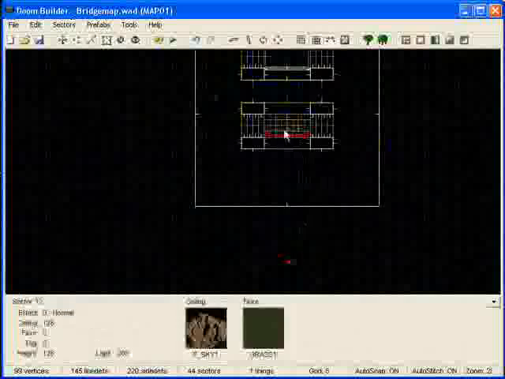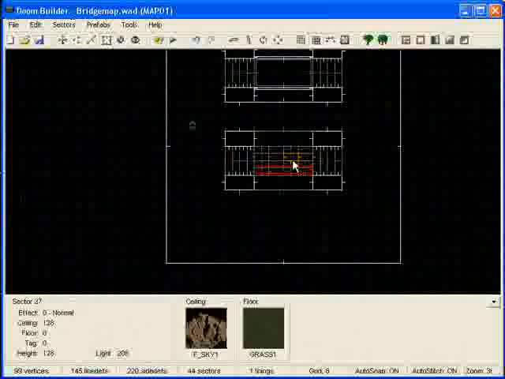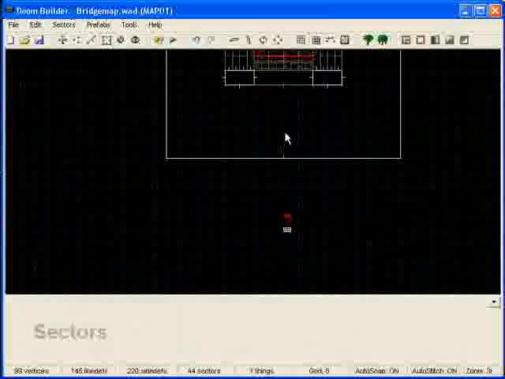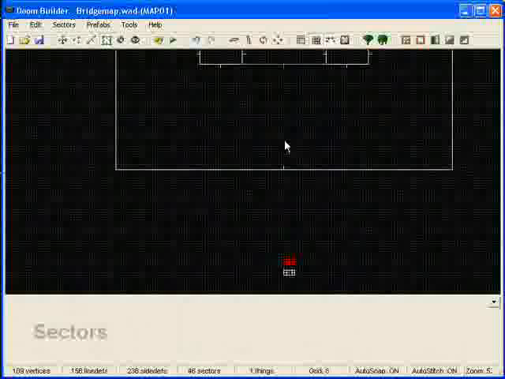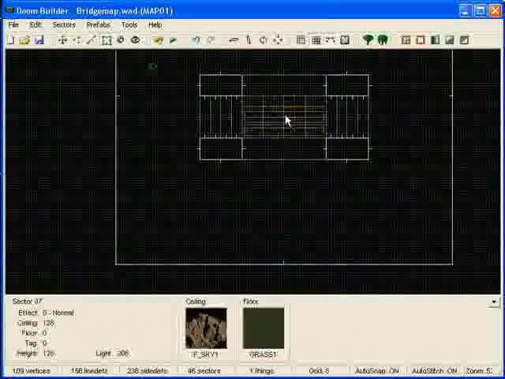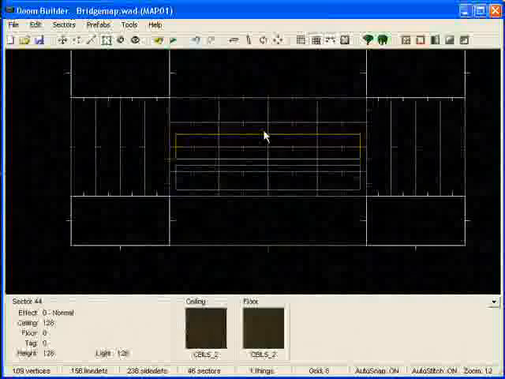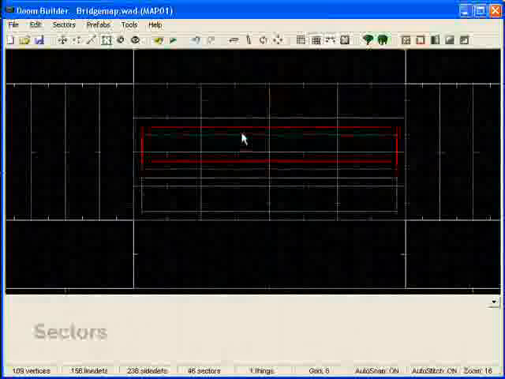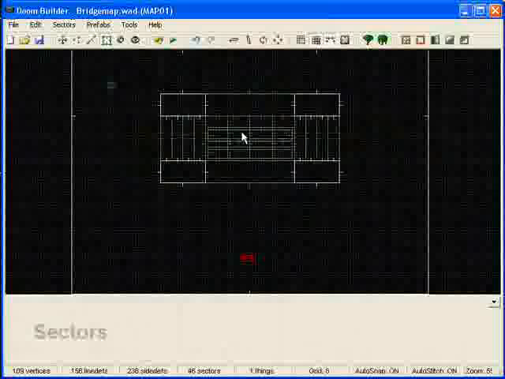Okay, copy it, paste it back in there, and we will put it right about there. Come over here and make sure you select those, because they're two different textures, and we'll paste it about 16 from that bridge, and then we'll copy and paste that once more,